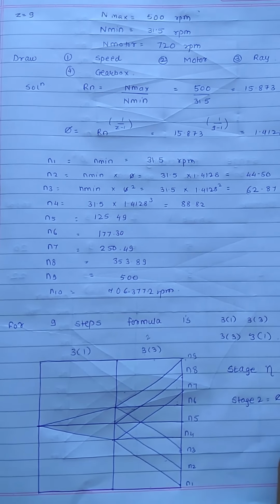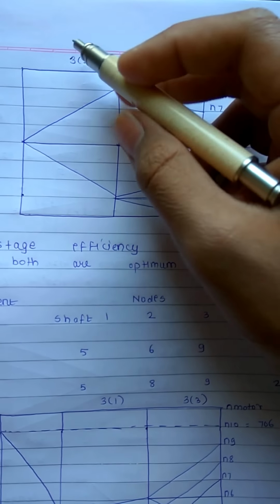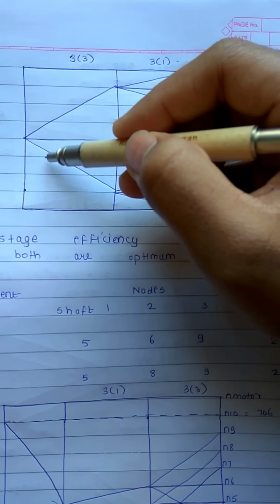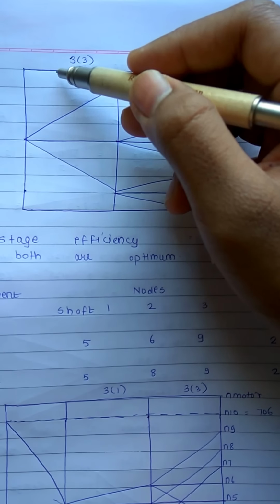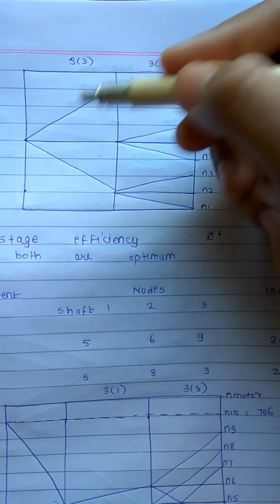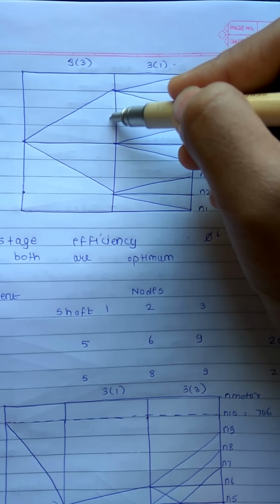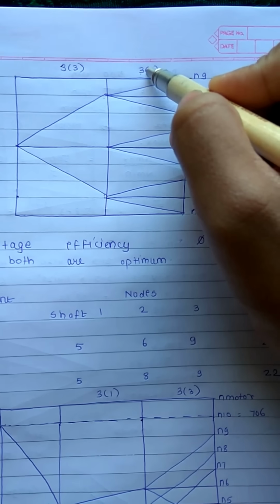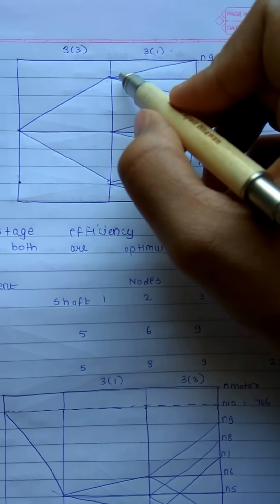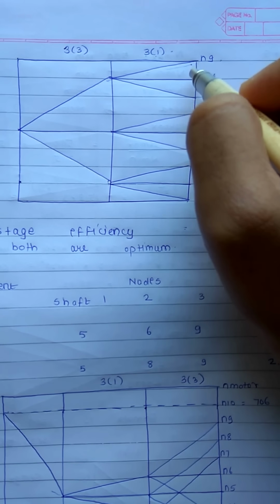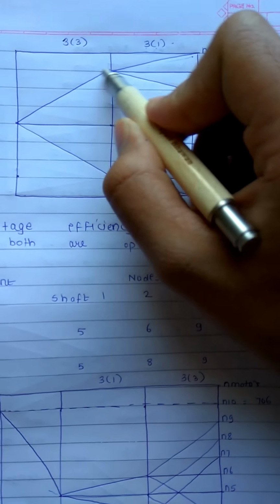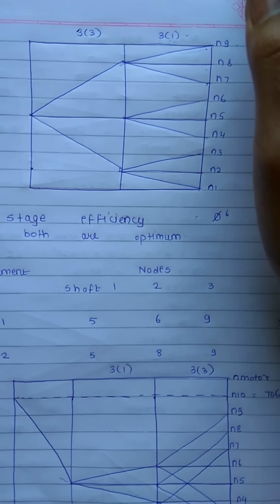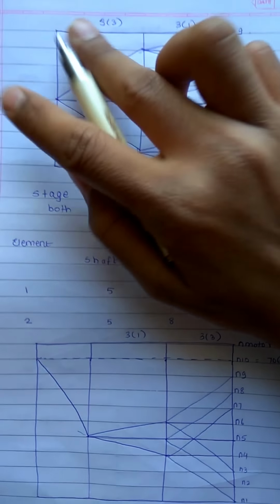Now let's see the next diagram. The next diagram was 3-3 and 3-1. So drawing 3 lines with a space of 3 in between them, drawing N1, N2, N3, N4, N5, N6, N7, N8 and N9. Taking the middle point as usual, drawing 3 lines, 3 gap, then 1, again a gap of 3 and 1. Drawing 3 lines with a space of 1 in between each line. So taking a gap of 1, we drew 1 line, taking a gap of 1, we drew 1 line. Similarly for these two, we get the structural diagram for 3-3 and 3-1. Now we drew the structural diagram for both the formulas.